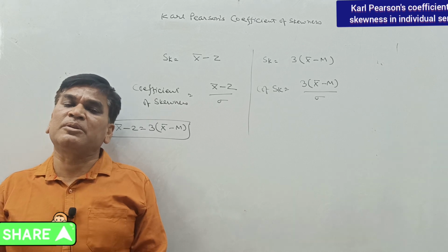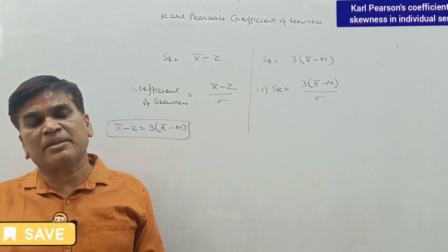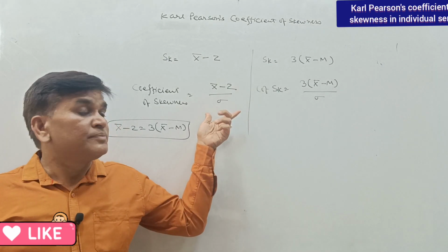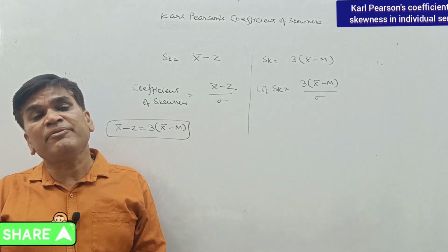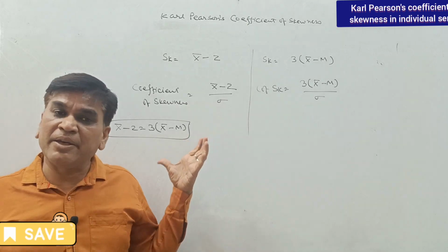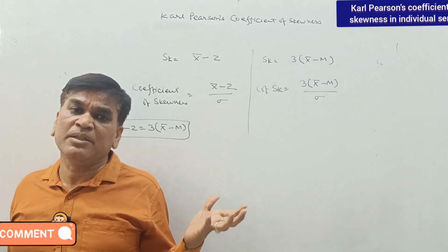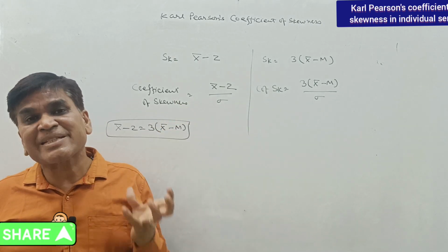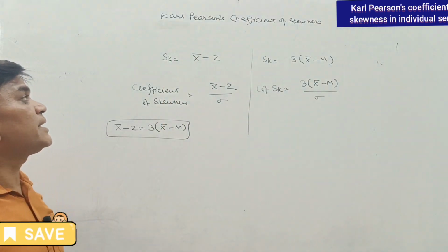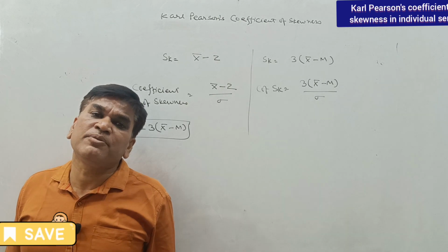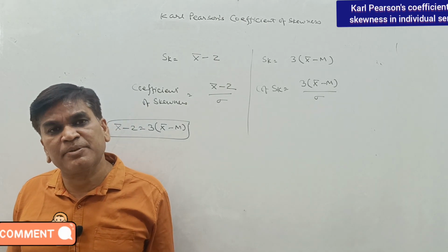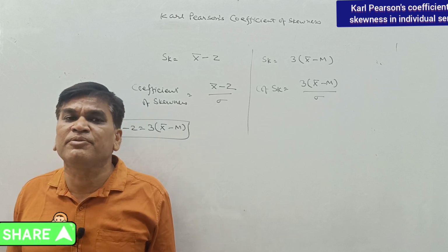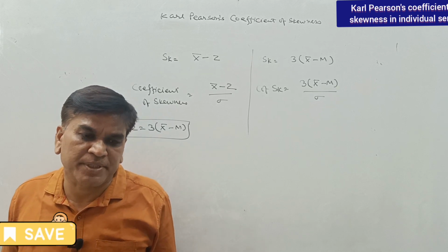So nothing more to be discussed. We already know how to calculate the arithmetic mean, the modal value, the median value and the standard deviation. We don't have any new formula; we only have to put these values in this form for getting the skewness. So in today's video we will practice a case of a discrete series: how can we calculate the Karl Pearson coefficient in a case of a discrete series.